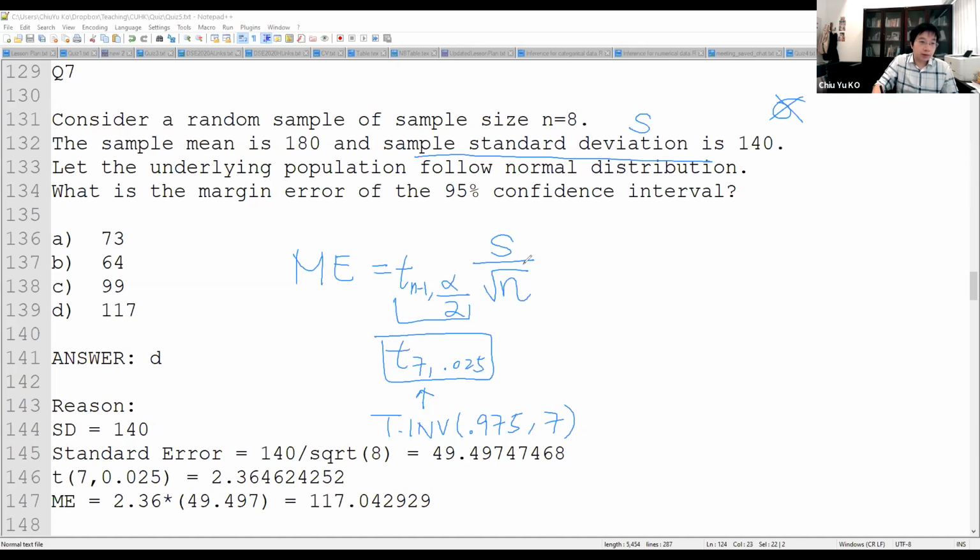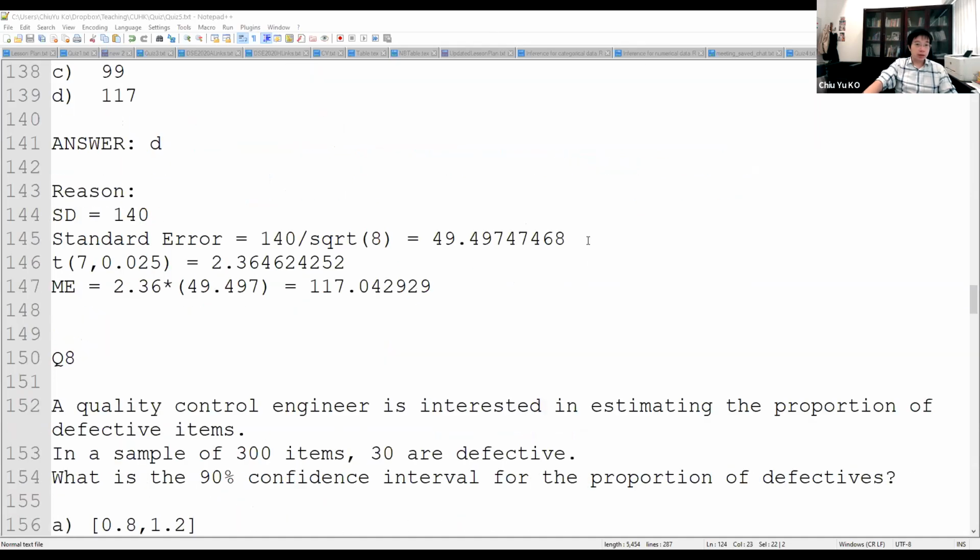And S is given by 140 and n is given by 8. Okay, so that's how you get the margin of error. Is that okay? No question. Then